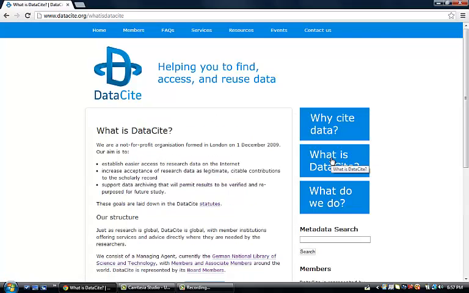So what is DataCite? They are a not-for-profit organization formed in London on December 1st, 2009. Their aim is to establish easier access to research data on the internet, increase acceptance of research data as legitimate citable contributions to the scholarly record, and support data archiving that will permit results to be verified and repurposed for future study. These goals are laid out more clearly in this statutes link here that you can click on for